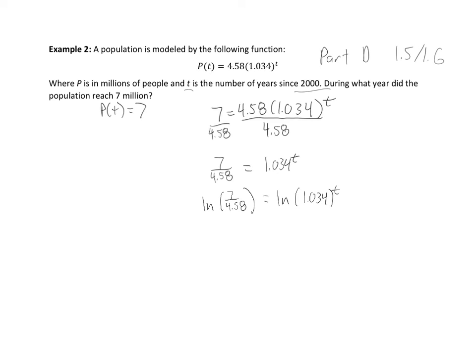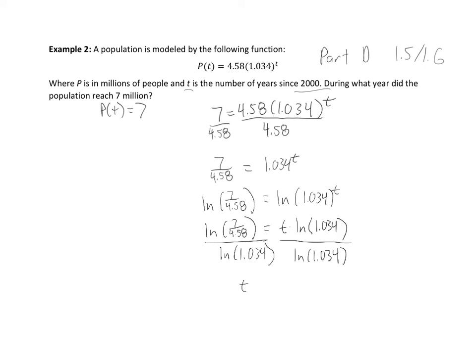And we have that property where that can come out in front. So the natural log of 7 over 4.58 equals t times the natural log of 1.034. We divide by natural log of 1.034. And then using our calculator, we'll get t equals, to 3 decimal places,